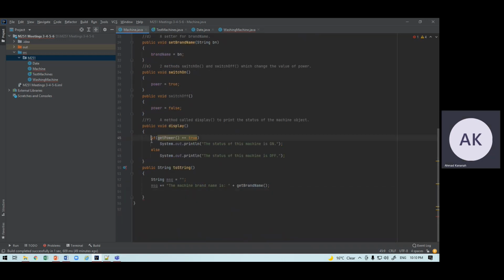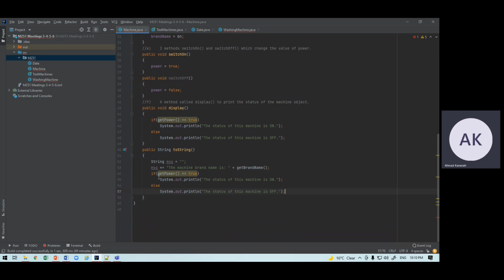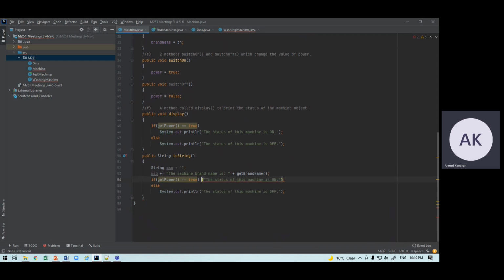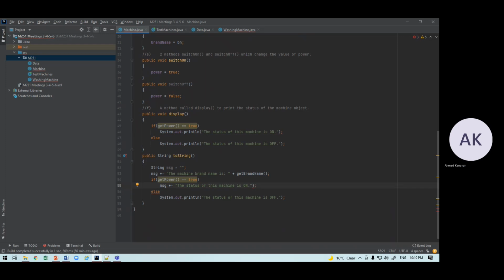So now we copy this as it is. Here we write: if get power is equal to true, then message plus equal, backslash n, the status of the machine is on, else